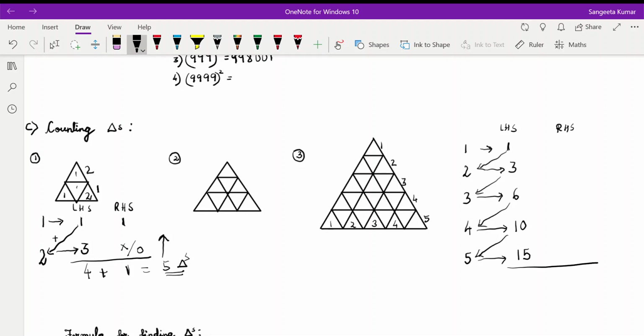Now we are going to find out the RHS. The RHS always starts from the bottom. We have to skip one. The first one is always skipped. The next is written. Then the alternate you have to go on skipping. So this is skipped. The next is written. This is skipped. Now we have to do the addition.